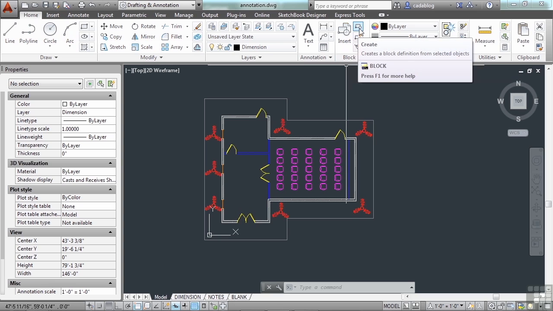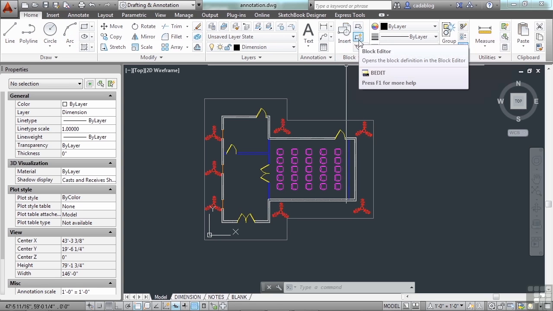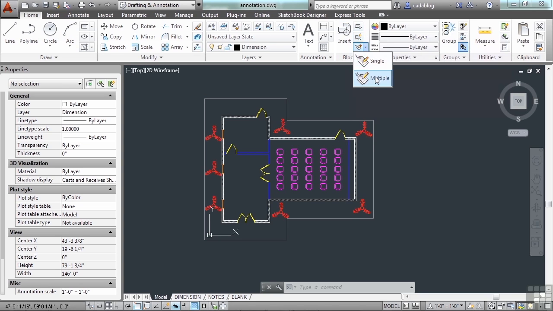You can also create a block, open up the block editor, and edit different attributes in an attributed block, which we'll talk about a little bit later on. Those are really cool. Those put fields inside a block that you can edit. Each block has a field, and you can put a different value in that field for every instance of the block. You can do a lot with those things. And here are some other things that you can use to edit them. We'll look at those later on.